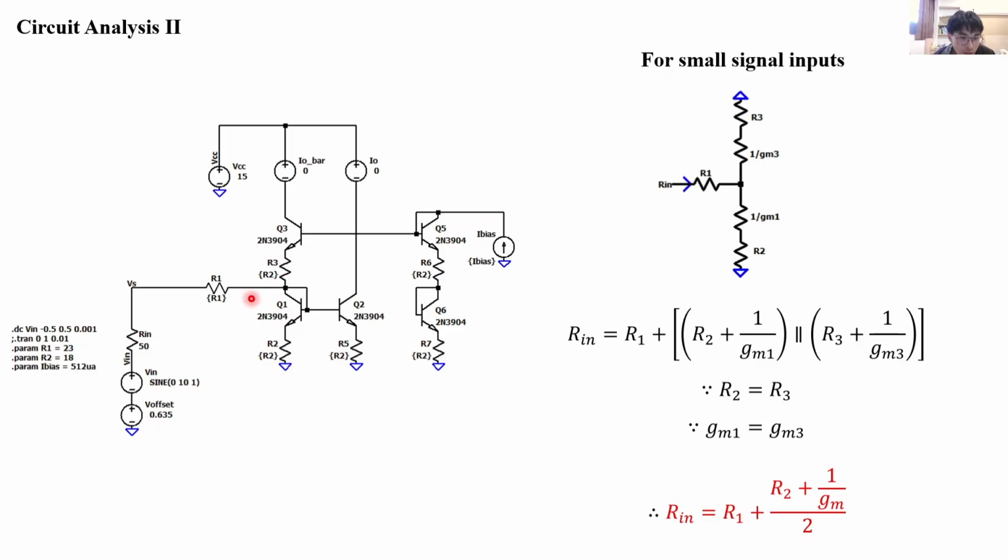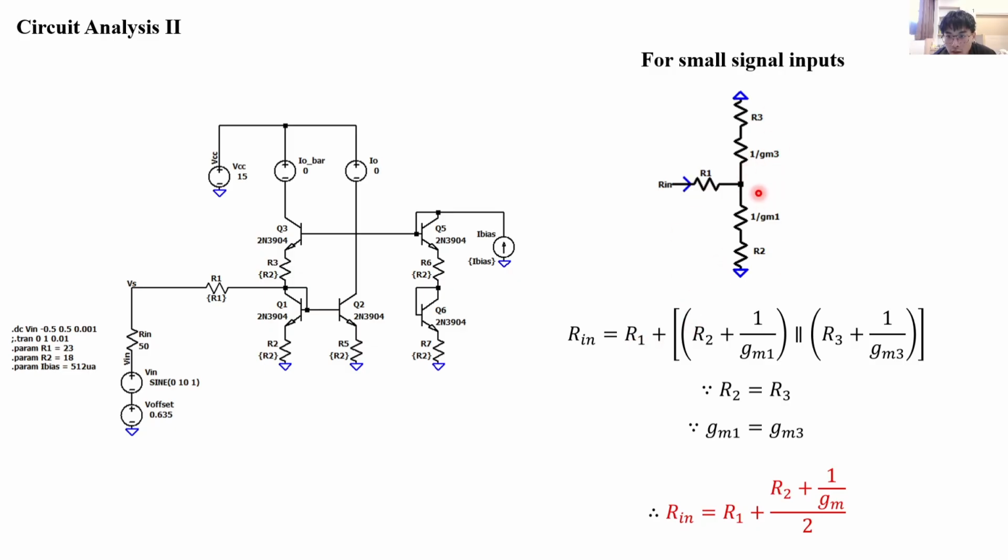The value of R1 is 23 ohms, all the emitter resistance is 18 ohms, and the I bias is 512 milliamperes. Okay, for small signal input, the input impedance looking into the base is R1, plus the two